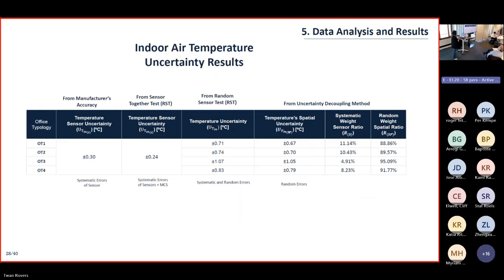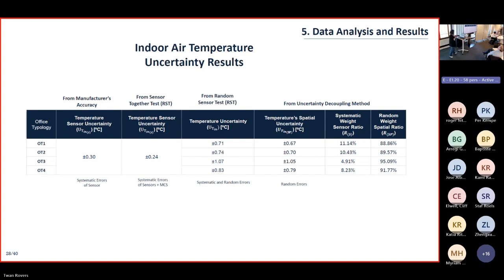So we have the results here. The temperature sensor uncertainty from the manufacturer is 0.13 Celsius degrees, but that is only for the sensor. Even so, when we do the sensor together test, we find that the temperature sensor uncertainty, so the uncertainty due to systematic error of the sensor plus monitoring control system, is around 0.24 Celsius degrees. The overall uncertainty, which comes from the random sensor test, is different, depending on the facade where